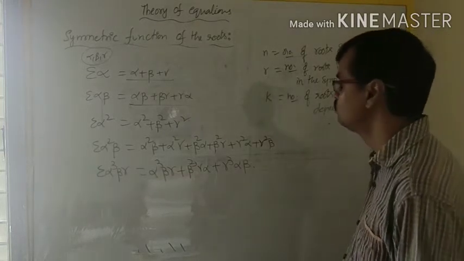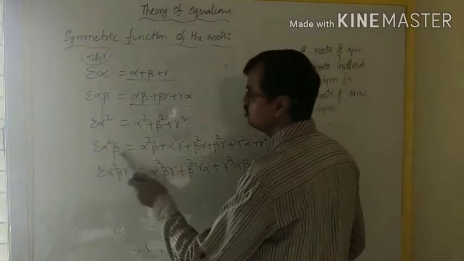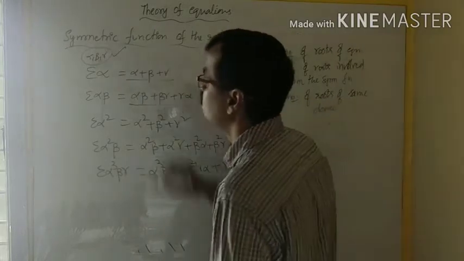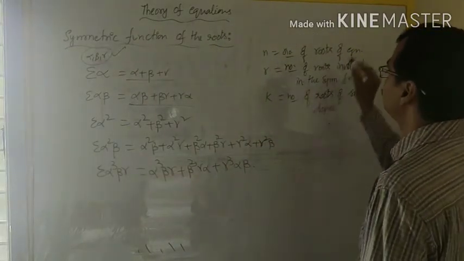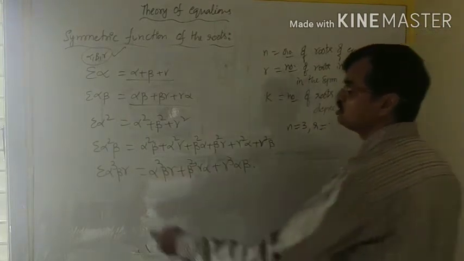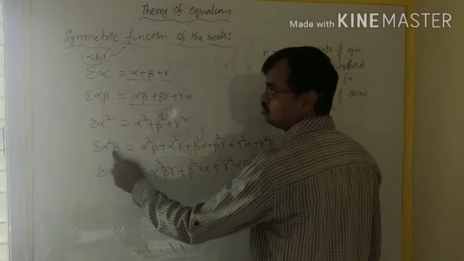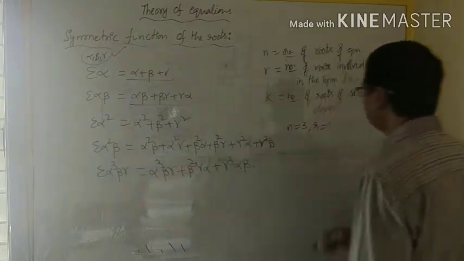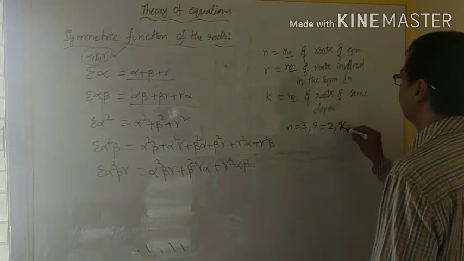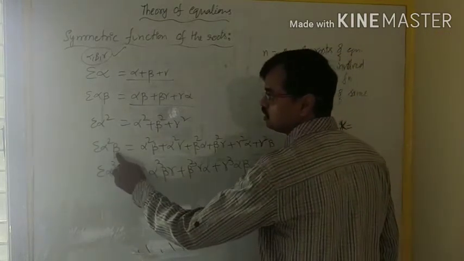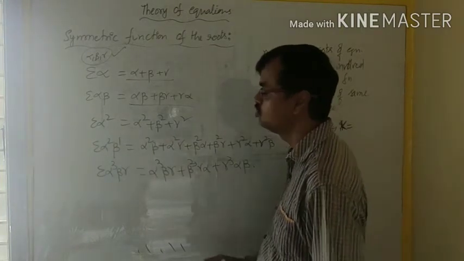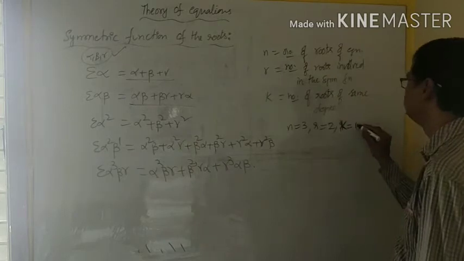Okay, now check this question, this one is easy. How many terms do we get? 6 terms. Here, alpha, beta, gamma are the roots, so the number of roots of the given equation is 3. Or the number of roots in a particular symmetric function: here only 2 roots are involved, alpha, beta. So r value is 2. And what is the value of k? Number of roots with the same index. Here your index is 2, your index is 1. So none, so k value is 0.